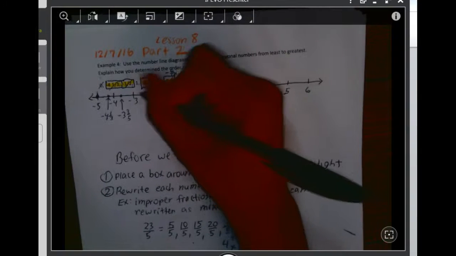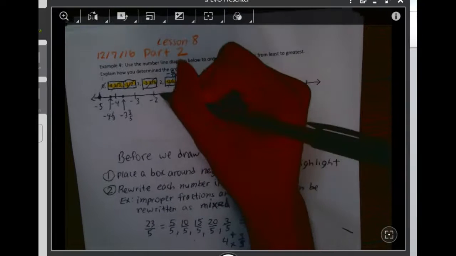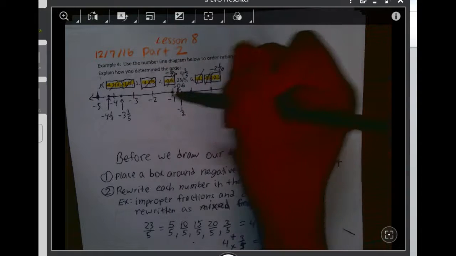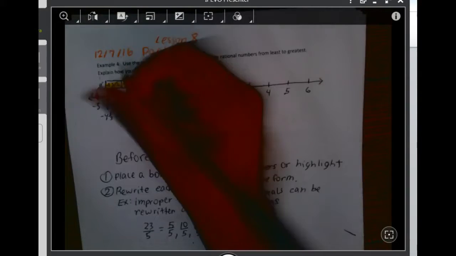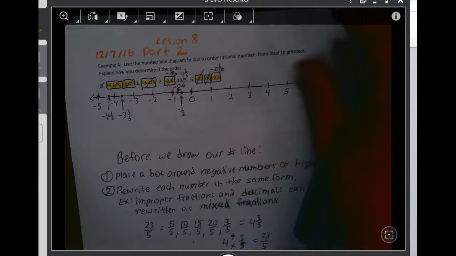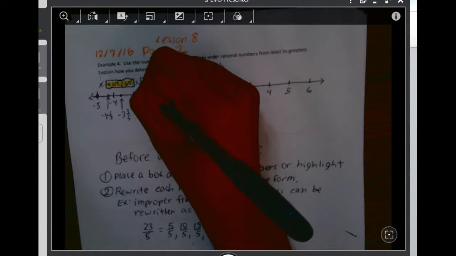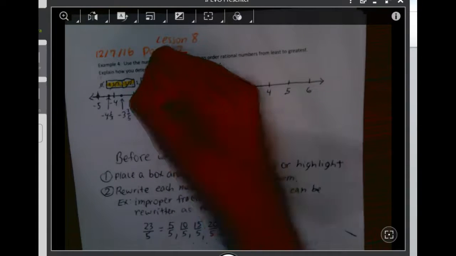So we're going to go to negative 2. We don't have any other numbers between negative 2 and negative 3, so I don't have to be as accurate. But we know that it is farther to the left or farther away from 0 because it is smaller, or because it is a little more than negative 2. So we're going to go to the left of negative 2. And I'm just going to label that negative 2.1. So we're done with all of our negative